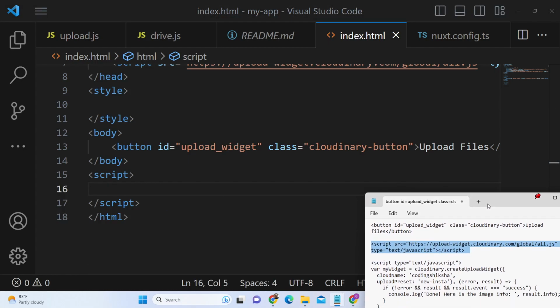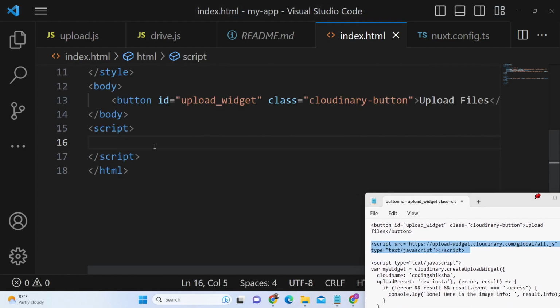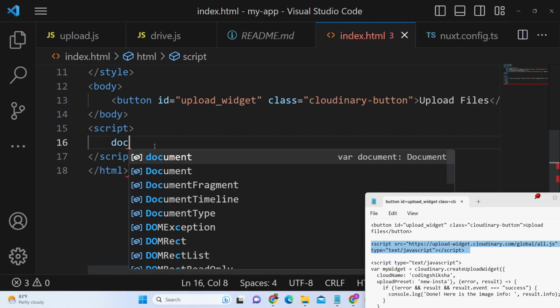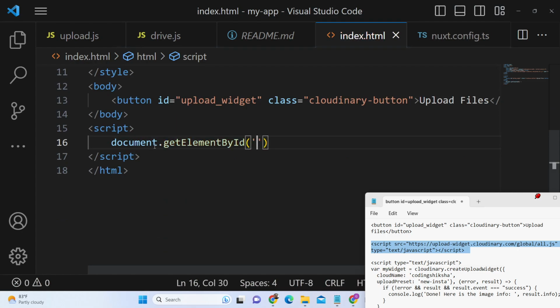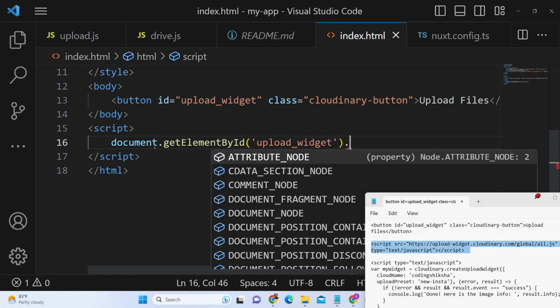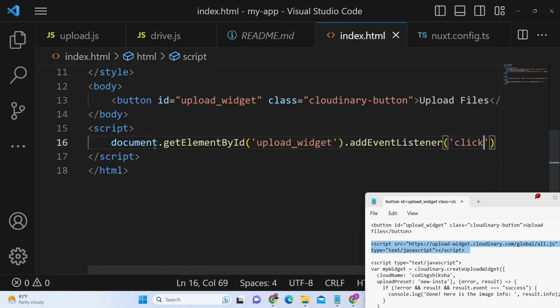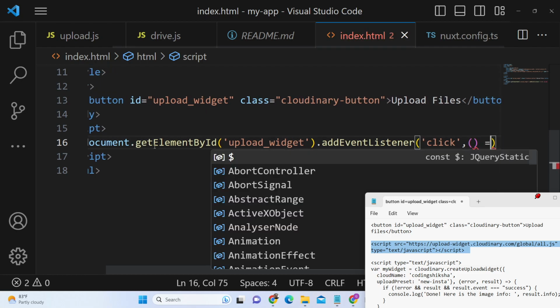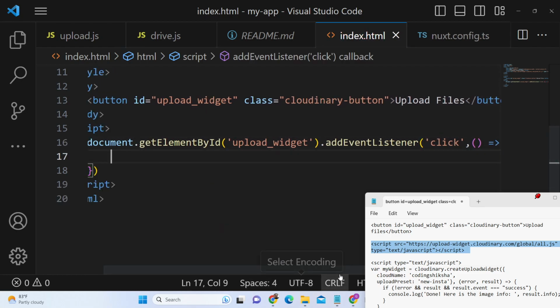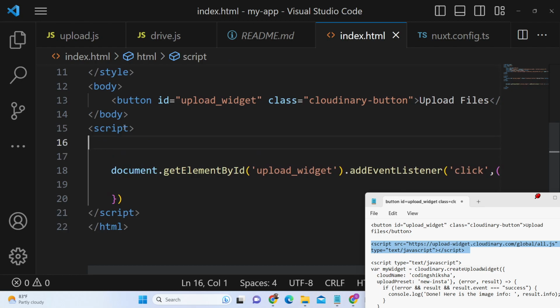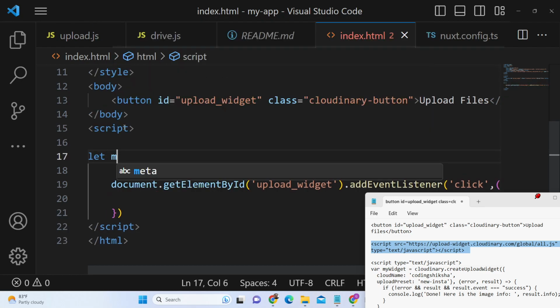JavaScript is very important. First of all, we need to select this button by its ID, upload widget. We will add an onclick event listener. So whenever we click this button, what should happen? We will call this widget. First of all, let me create this widget here. So we will create the widget,